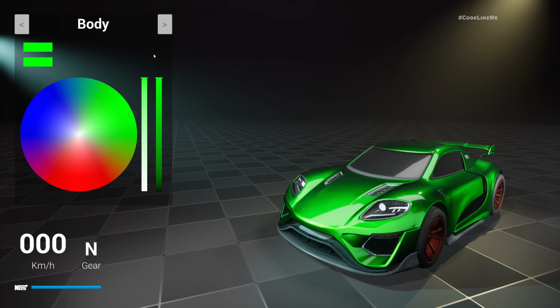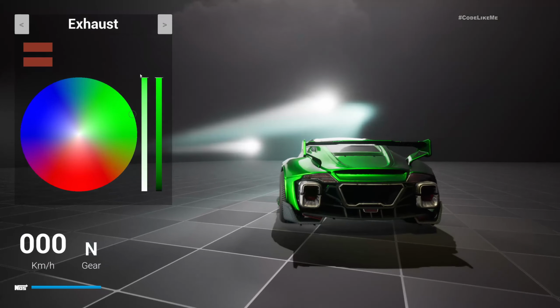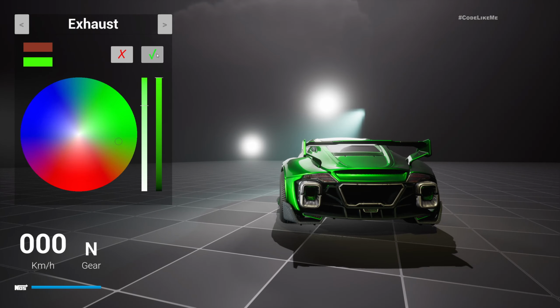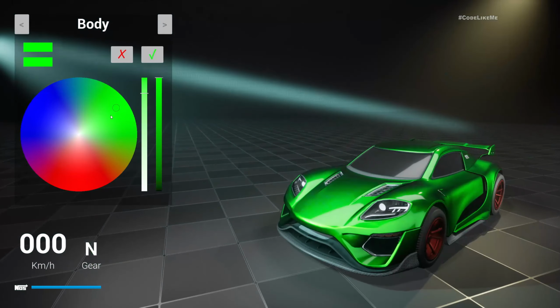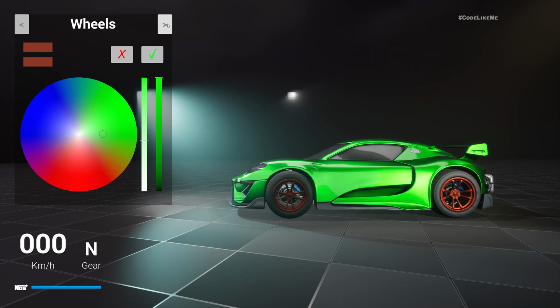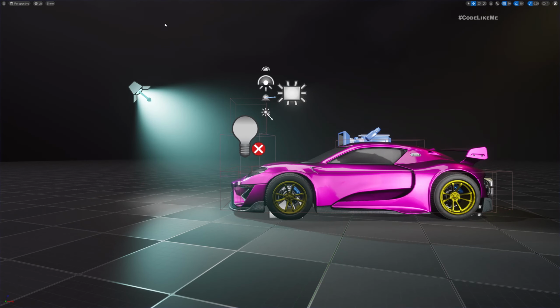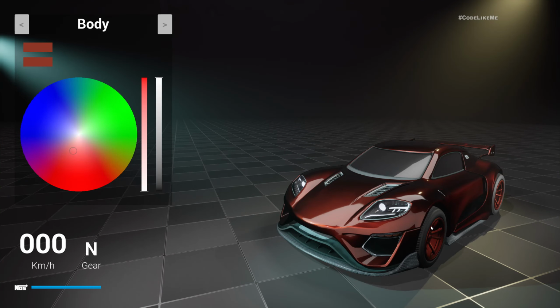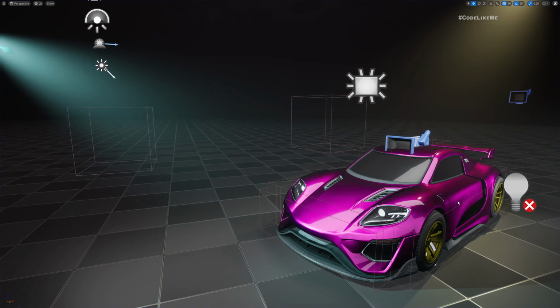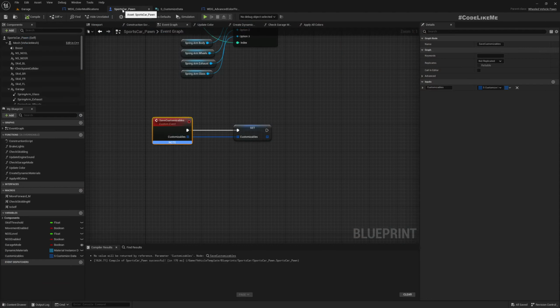If I change and apply, now it remains within this session, of course. All green. Now all the colors are saved. But if I stop and play the game, now you see obviously the colors are reset because I am not saving or loading there. So how to do that? Okay, here